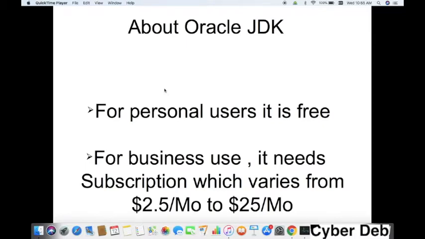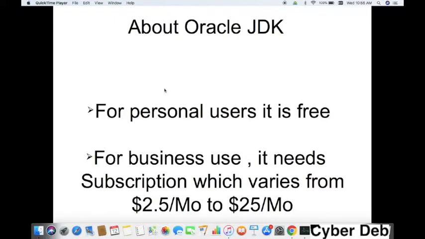Before starting anything, I just want to tell you, the Java Development Kit or JDK is available in two different types. One is free to use, another is paid use.